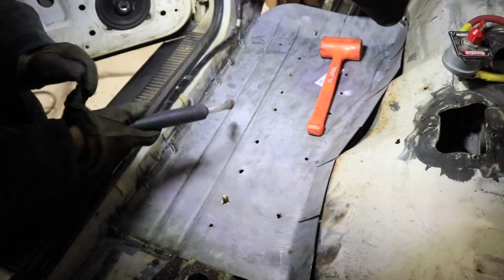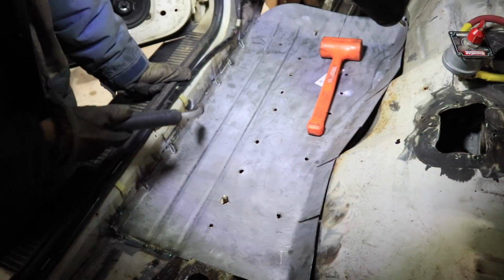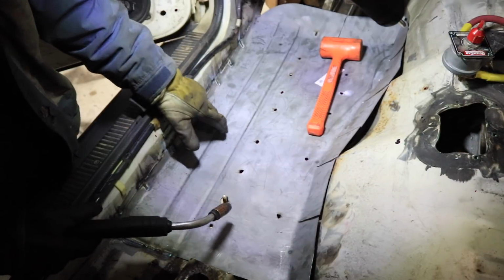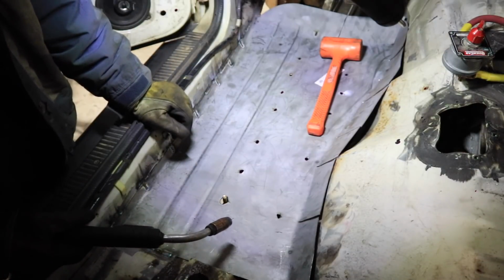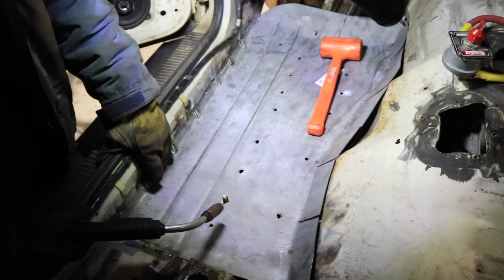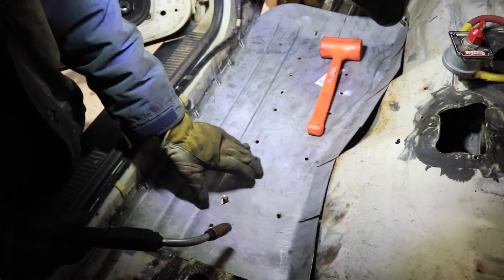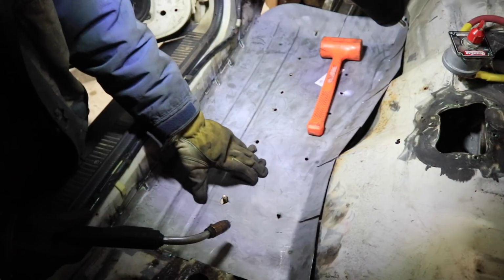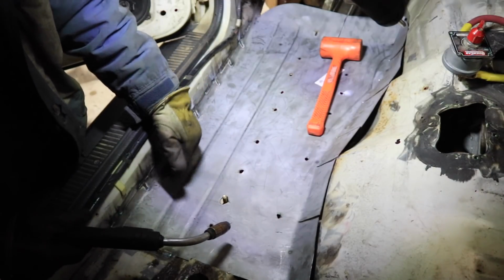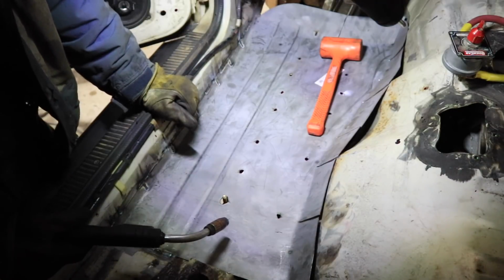Alright guys, I got this side stitch welded pretty good. Now remember, when you're welding thin sheet metal, you're just going to do little tacks for the most part. That way you don't blow through the metal. This stuff is really thin. This is fine to work on, but some of the side parts on the Jeep want to blow through. Anyway,